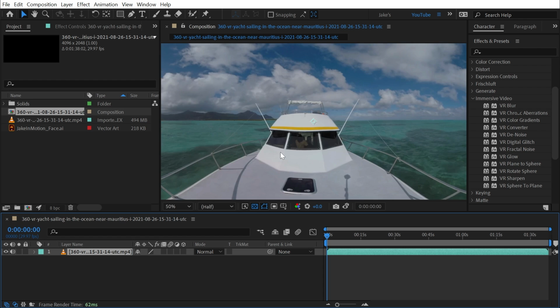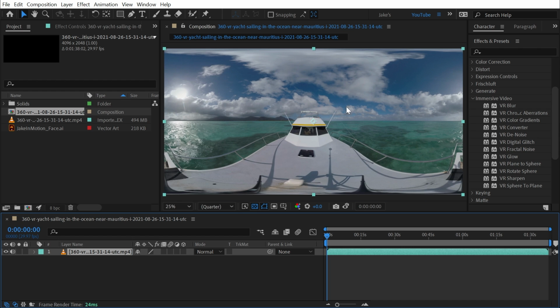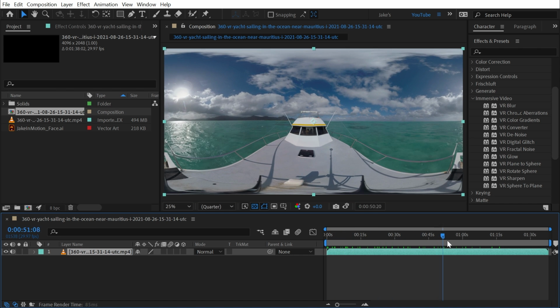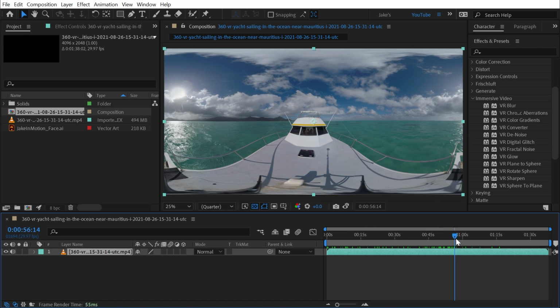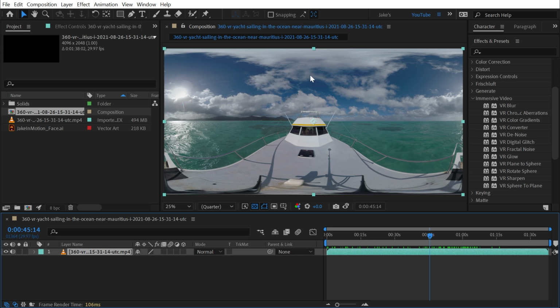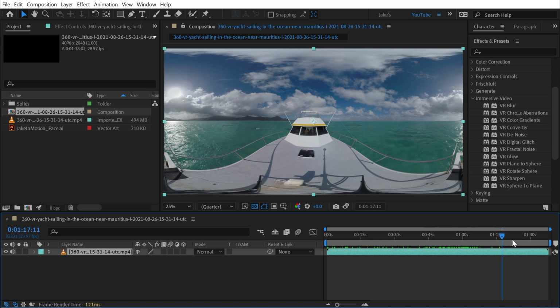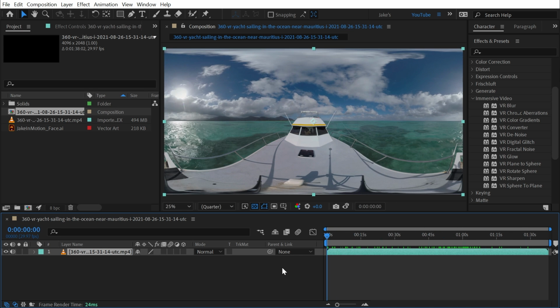that to a new composition and show you that this is a 4K video that was shot on a 360 camera with multiple lenses and stitched together, and it looks really weird in this raw format. It's called equirectangular footage, and we're able to see 360 degrees around this entire footage of this yacht moving through the water. And that's great, but I want to be able to see this in a format that's much more